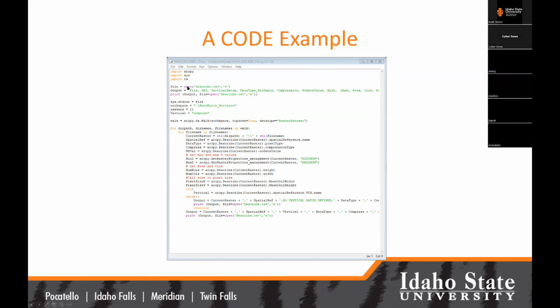And I'm telling Python to open a brand new file called describe. Gee, ain't I imaginative in what I'm naming? Well, it's going to be the results of my describe routine. And it's going to be a .csv, so it's an ASCII file, comma separated values. And this W, this doesn't mean walk. This W means it's being opened up for write,